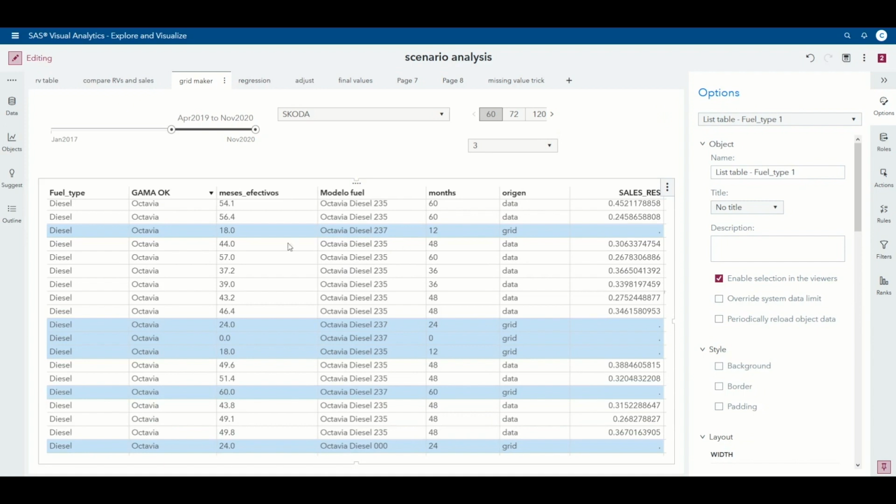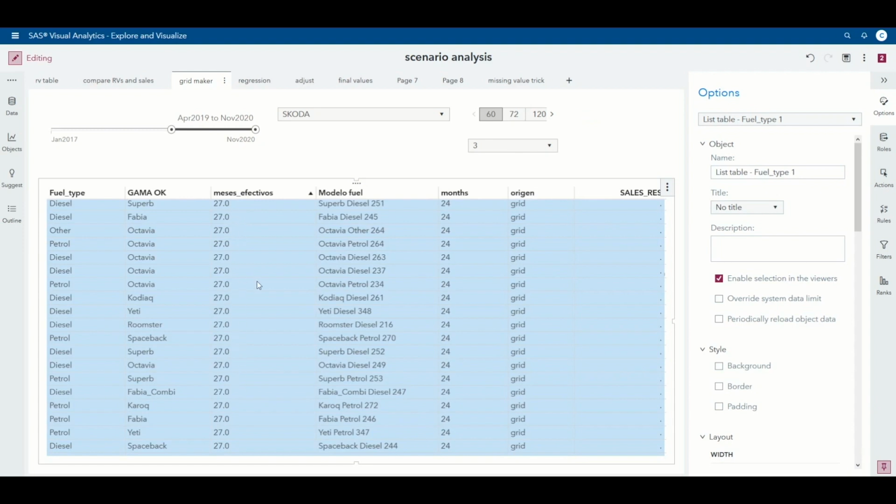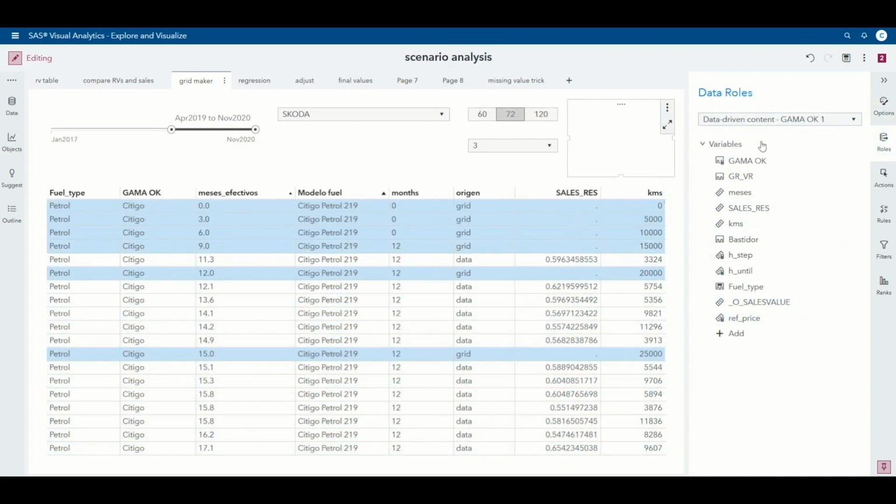And we can see here that we have the different step functions with a missing value applied to it. So here we see that the data-driven content allows for customized variables to be passed to the final data set.